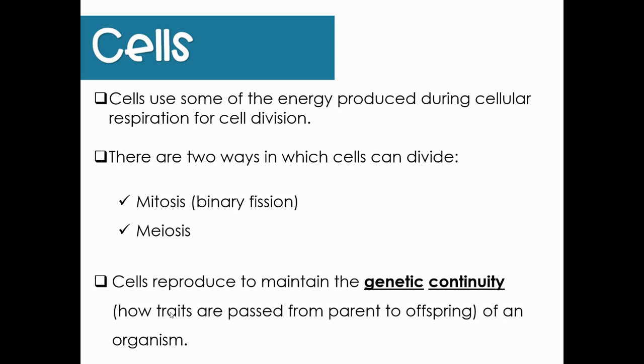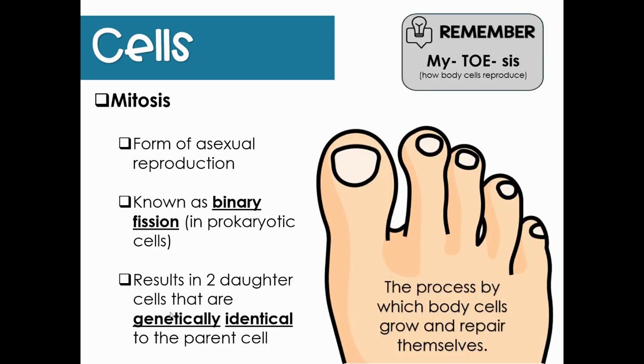Cells reproduce to maintain the genetic continuity of an organism, and we have said genetic continuity so many times this year. I feel like you should know what it is, but just in the event that you don't, genetic continuity just explains how traits are passed from parent to offspring. So let's go over mitosis first. So if you'll remember,